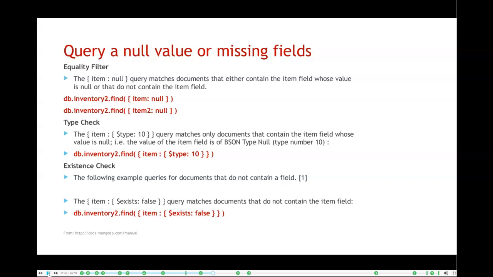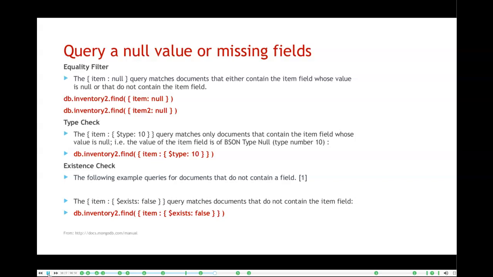Either we are looking for a document that includes a null value in one of the fields, or we are looking for a field that does not exist, or the field is not there in this document. Because if you remember what we mentioned in the previous lecture, with MongoDB as an example of NoSQL,